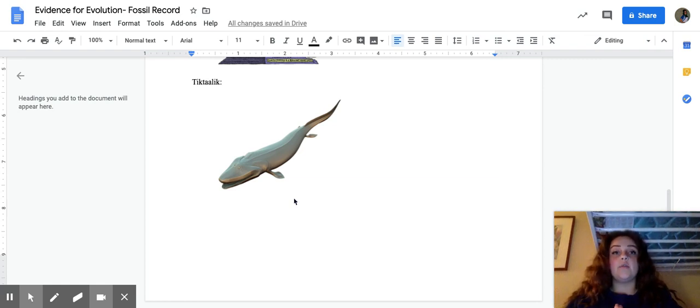Now, another example and reason why it lived in the water is because the skeleton and the remains of it were found with other sea creatures. Now, the Maiacetus enos also had short legs with flat feet, which suggests it was a good swimmer, and also means that it most likely had webbed